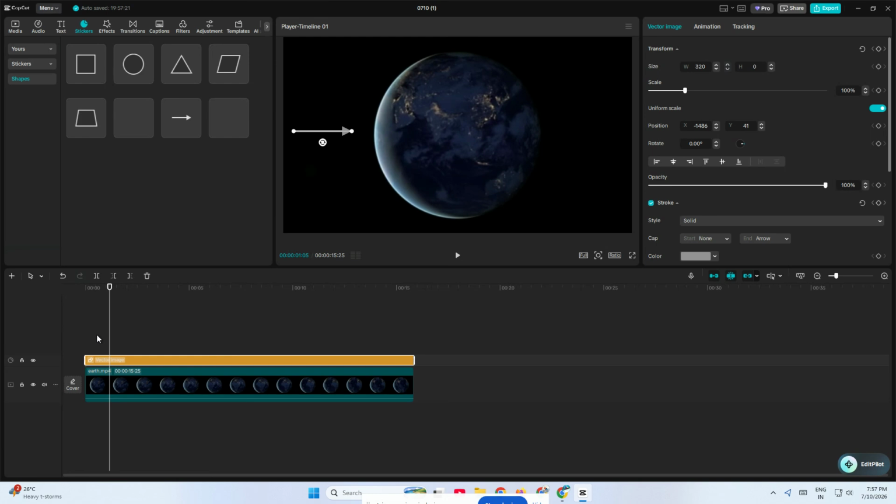In just a few seconds, you've learned how to add an arrow in CapCut PC using the Stickers and Shapes